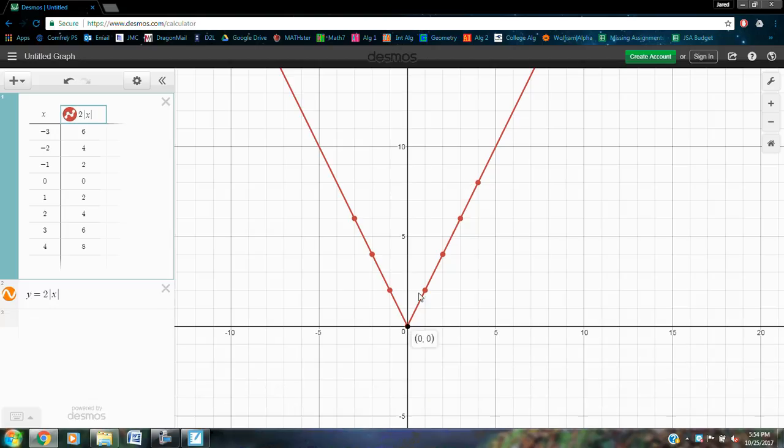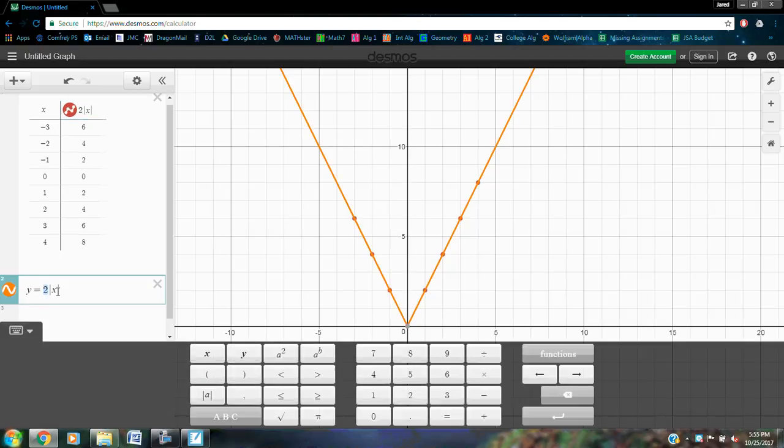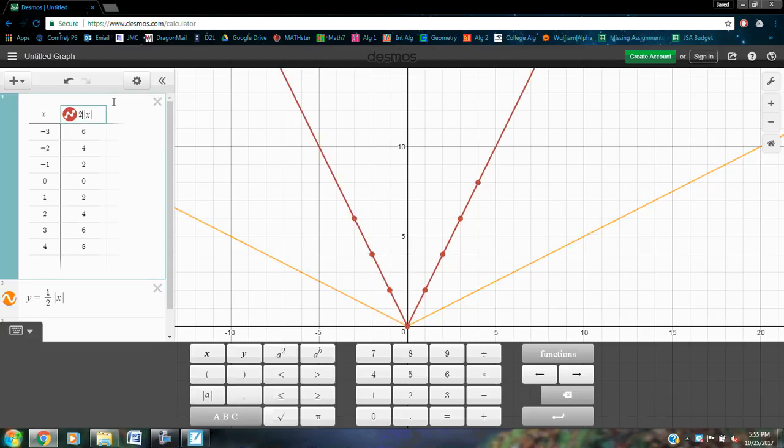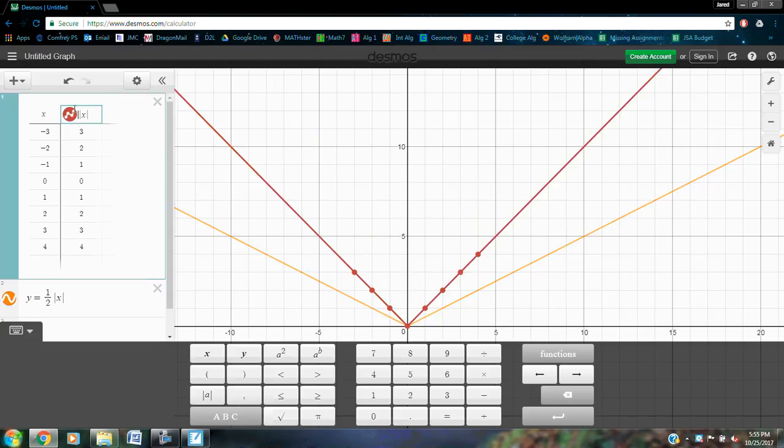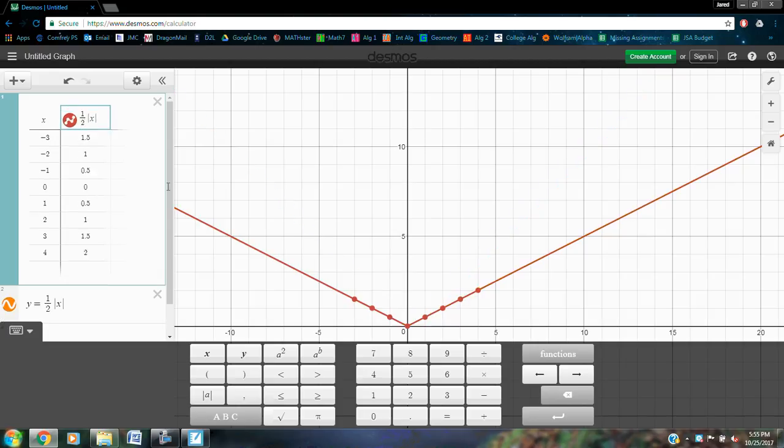It's like saying from here to here, our slope is still up 2 over 1, up 2 over 1. So this piece on the outside, that 2 there is kind of like our slope. So if I did 1/2, okay, again it's saying, if we come back to this red one, think of this as just a regular y equals absolute value of x. What has to happen to each of these? Well, each of these has to be cut in half. So instead of 3, it'd be like 1.5. Instead of 2, it'd be 1. So if I cut each of them in half, that's why it kind of flattens out more,